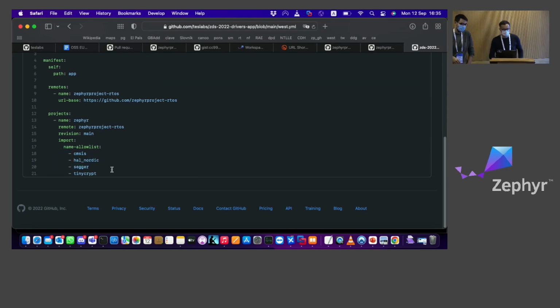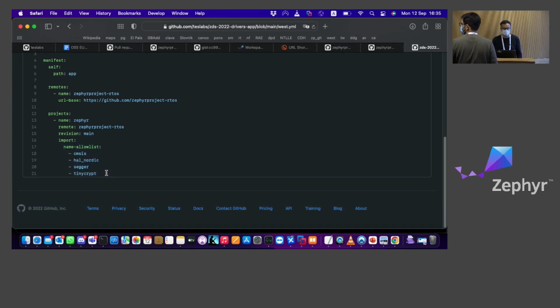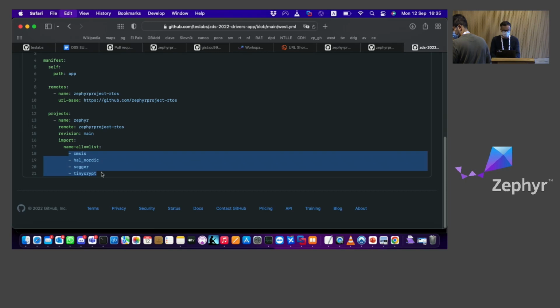So this is the way you filter with West, in order to not import everything, which takes a long time. You just basically define a number of modules that you need, and then pull them in, which is